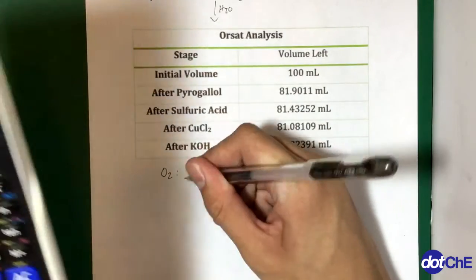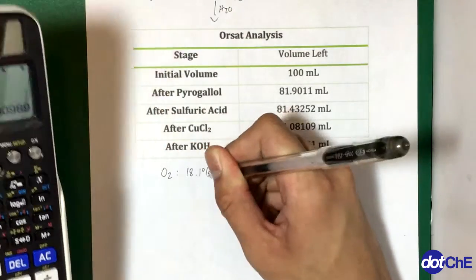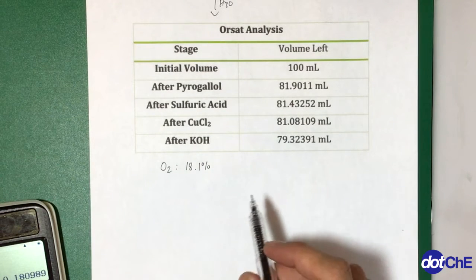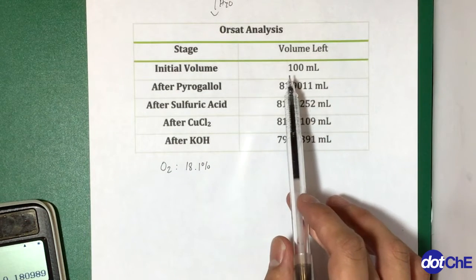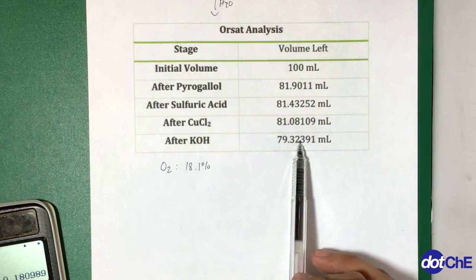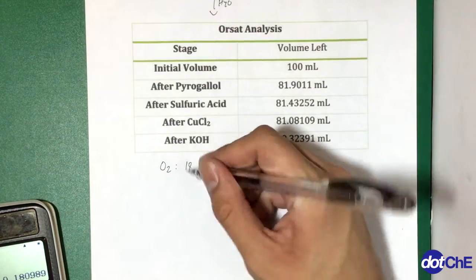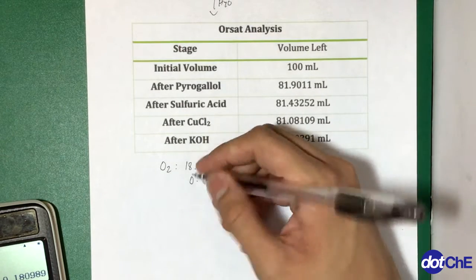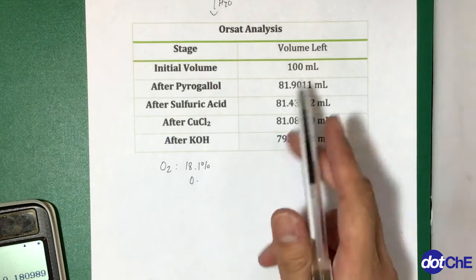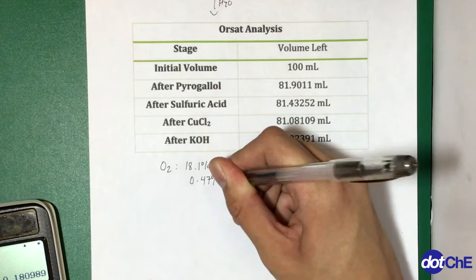So we could get approximately 18, I'm going to round it off to 18.1%. Then we're going to do the same for sulfuric acid, for CuCl2 and for KOH. So I'm not going to do that anymore, but more or less here is what's going to come out. That's approximately after sulfuric acid, which absorbs your hydrocarbons, you will get 0.47% of